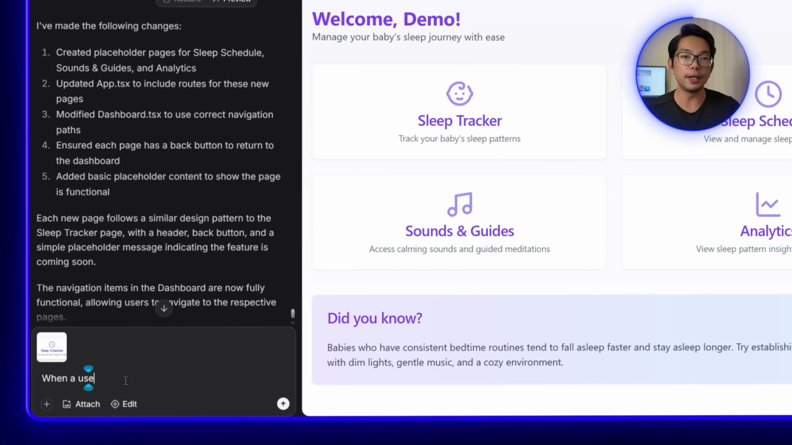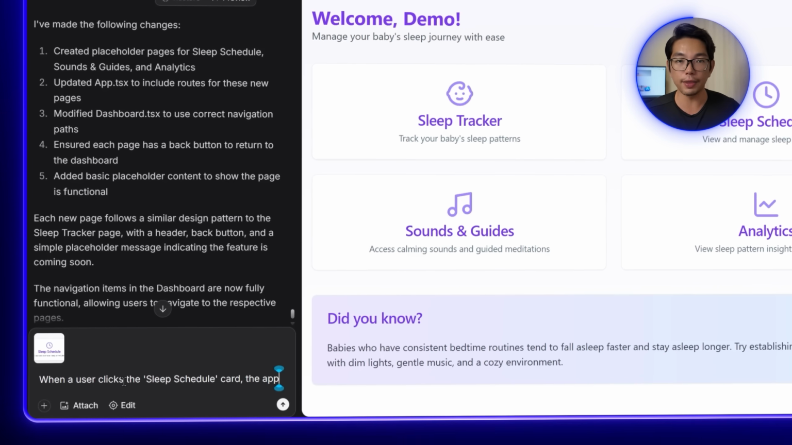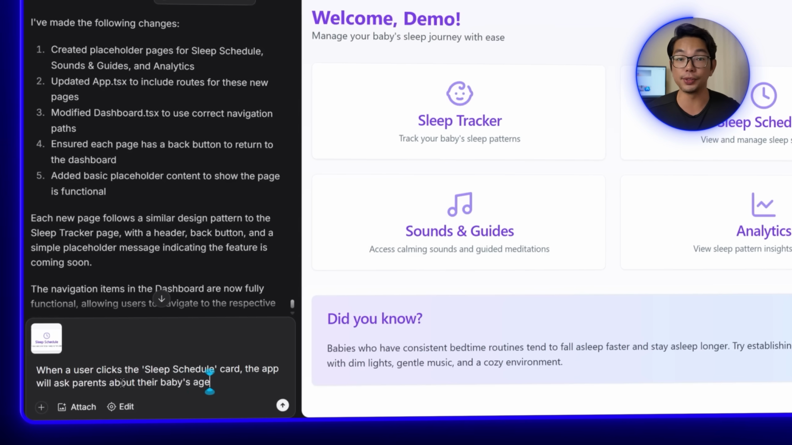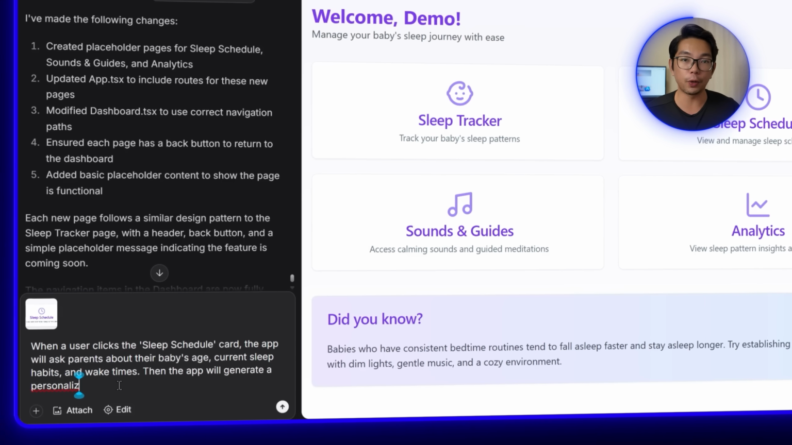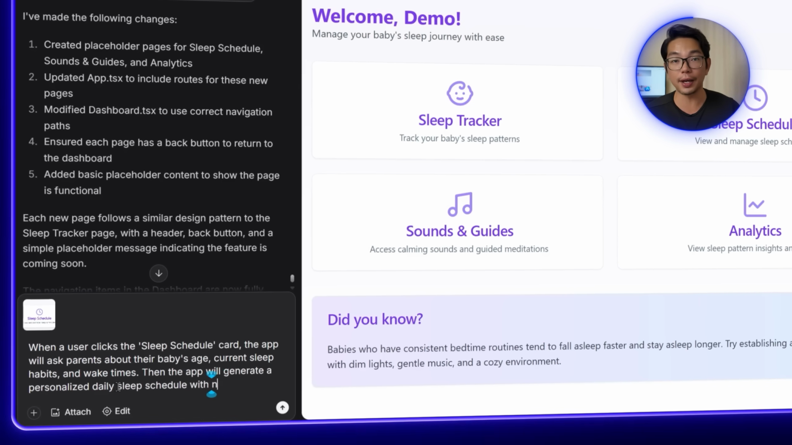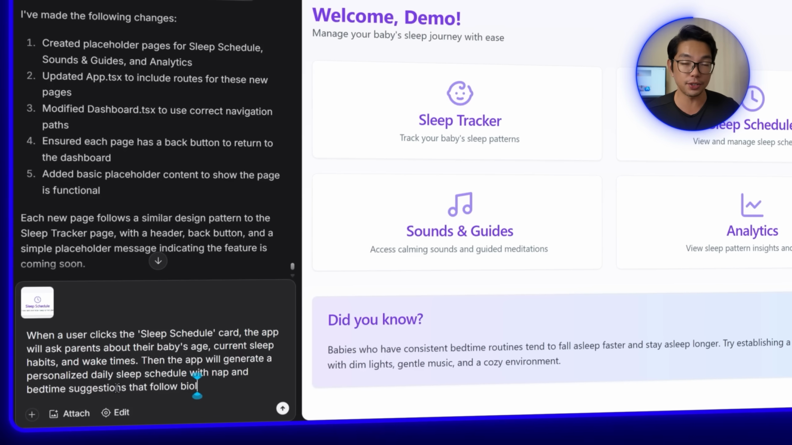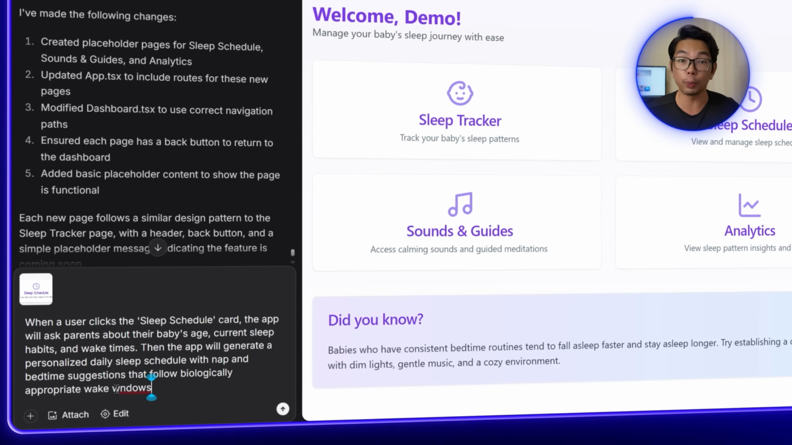when a user clicks the sleep schedule card, the app will ask parents about their baby's age, current sleep habits, and wake times. Then the app will generate a personalized daily sleep schedule with nap and bedtime suggestions that follow biologically appropriate wake